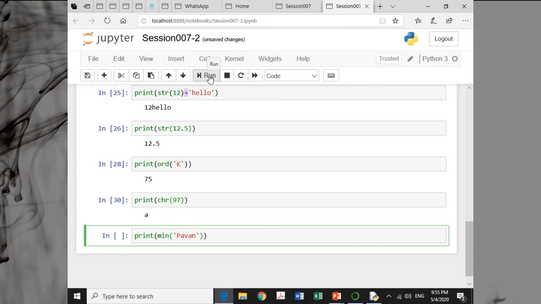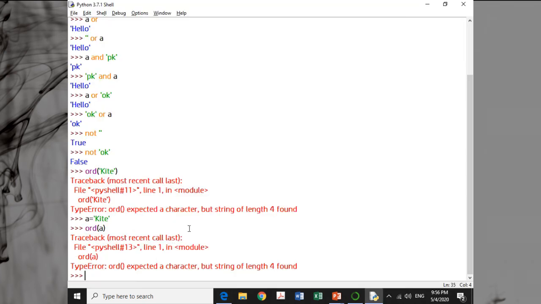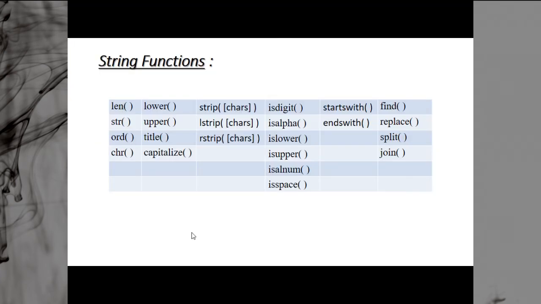So if I say min of Pawan, you get P. And if I say max of the same thing, in this particular case you will get the max as w, which is the highest character. So this is what you can use, the min and max also.